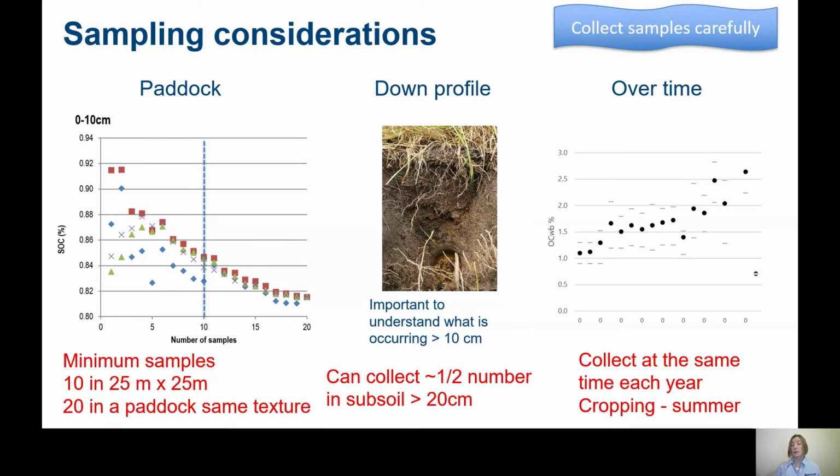When we're talking about a pasture system though, you don't have to be as exact about that summer period. You can take it at any time, but what you would like to do is take it at the same time. So if you select sampling in autumn, you would then forever, or for successive periods, you would sample again in autumn. You don't want to get changes in carbon just because we've managed to measure it at a different time.